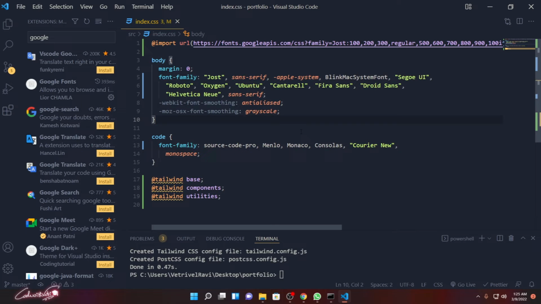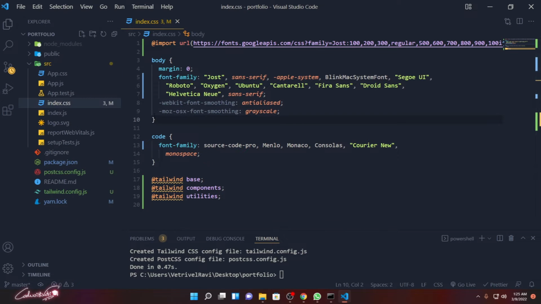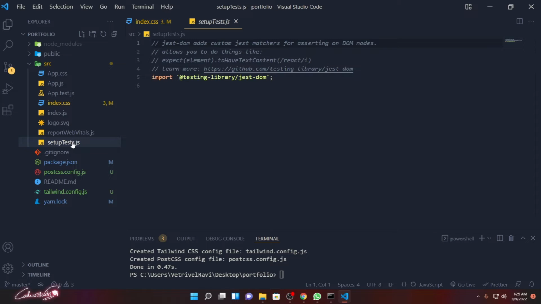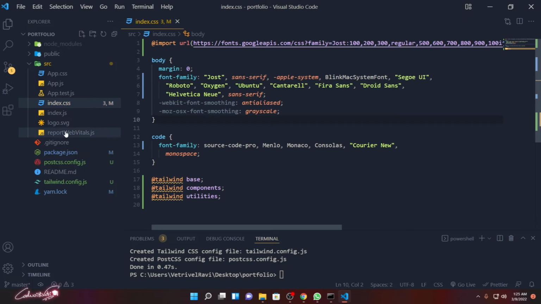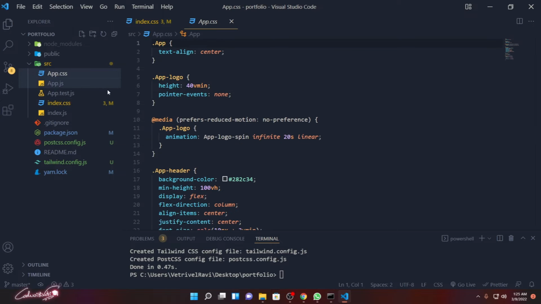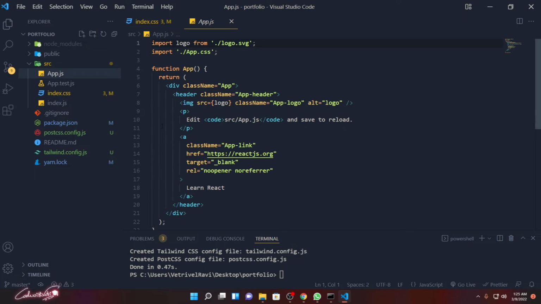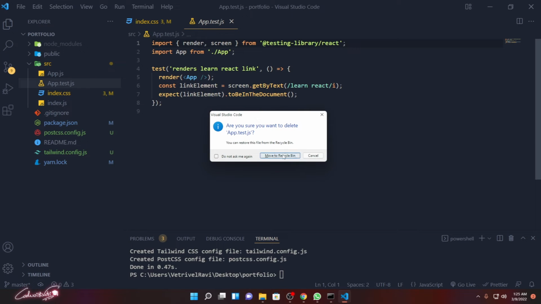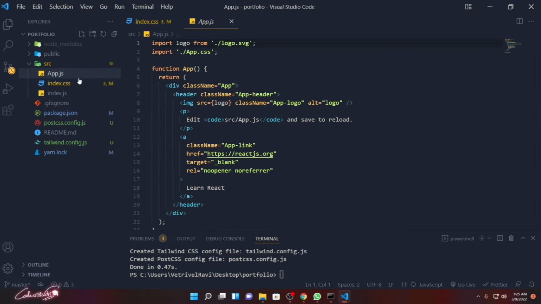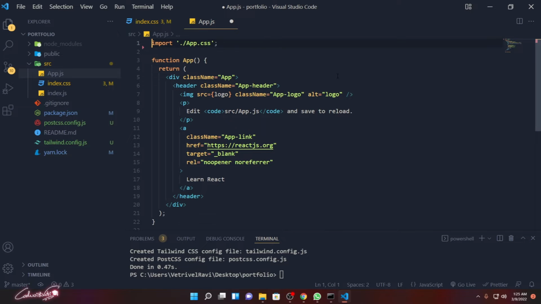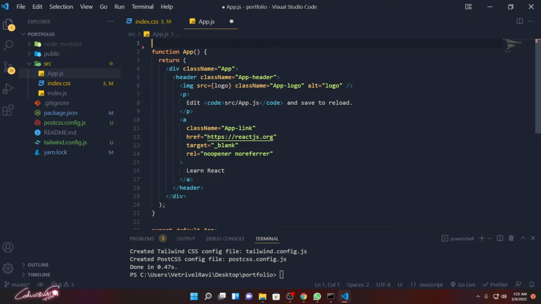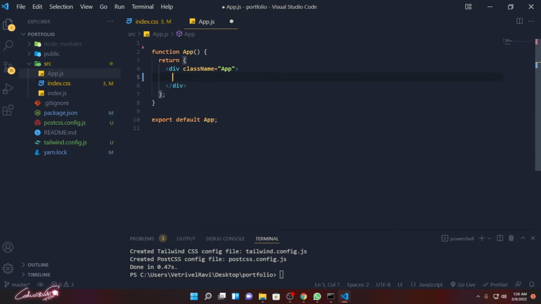Cool. So now we have successfully set up our project, so everything is nicely done. And let's clear out some boilerplate code over here. So I don't need this setup. Remove it. Web vitals, remove it. Logo, remove it. And we don't need the app.css, delete it. And we don't need this app.test.js, delete it. Okay, and let's go to the app.js and delete this logo and delete this app.css, and let's delete this header